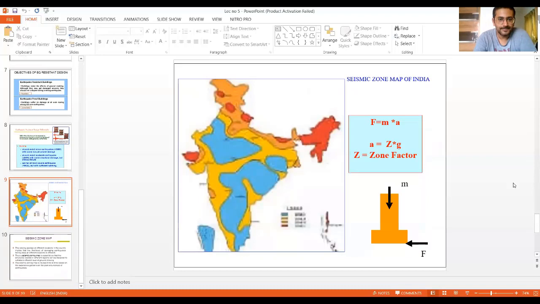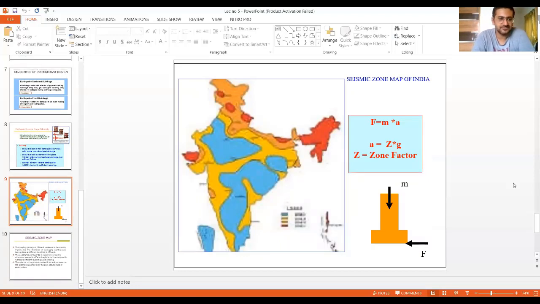Right, now this is the seismic zone map of India, as you can see over here. If you refer to the preface of IS 1893, initially the entire country was classified into 6 zones. Then later on, after a certain earthquake took place, the code was revised and it was reduced to 5 zones. Now, the majority of the region is covered under 4 zones, right? So zone 2, zone 3, zone 4, and zone 5. Zone 1 is eliminated totally. So this is the seismic map of India, where the 4 zones are shown with different colors.